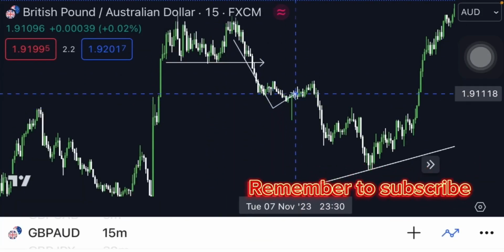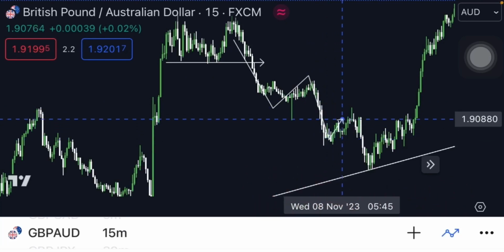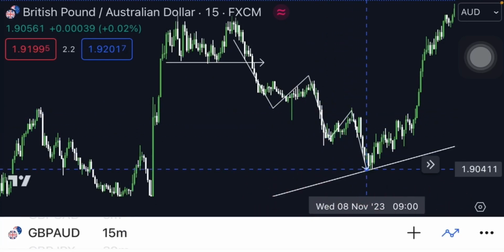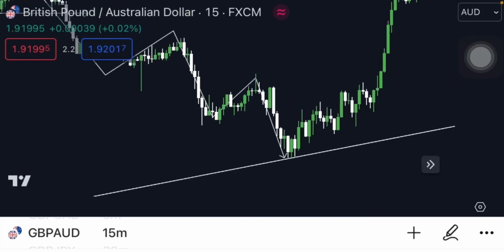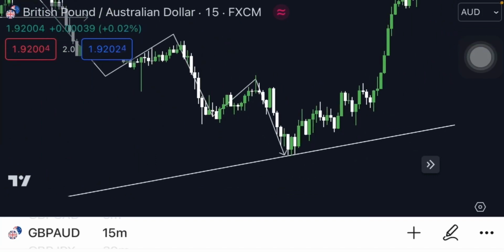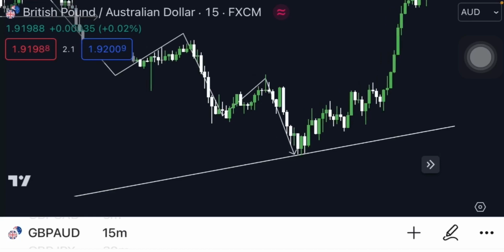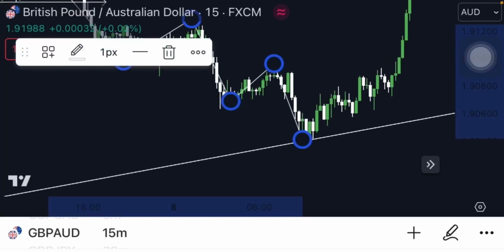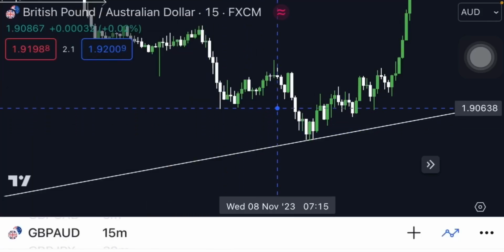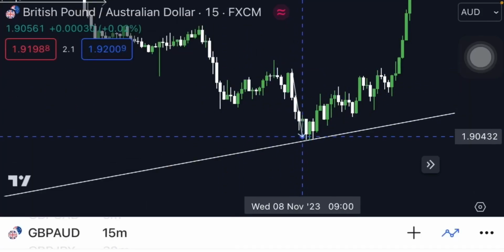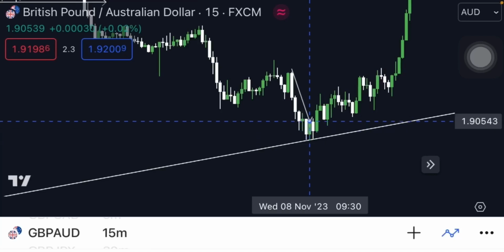Price was making a low, lower high, lower low, lower high, another lower low. At this point, for us to spot that the pullback is over, we are going to look at the most recent high, a break of the most recent high. If you watch, when price dropped at this trend line here,